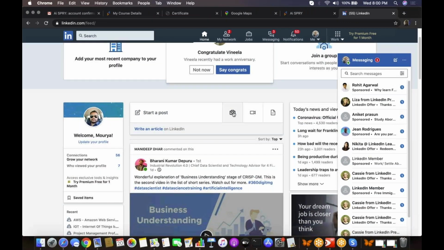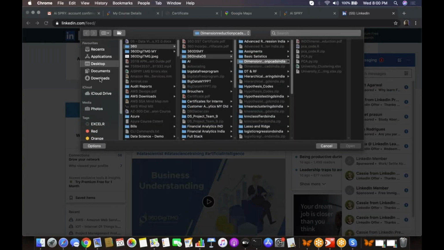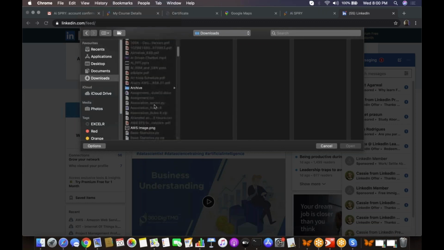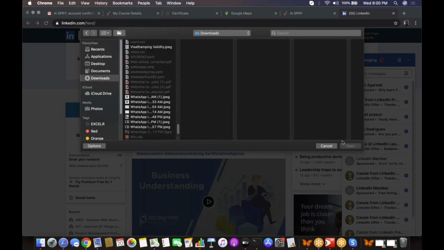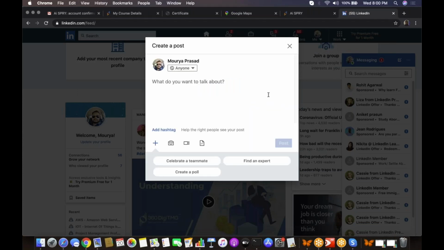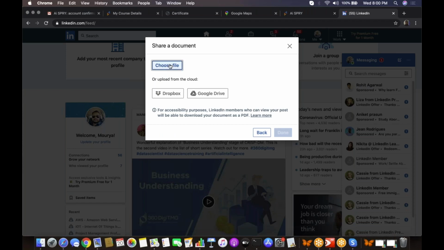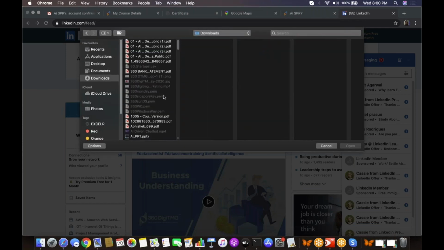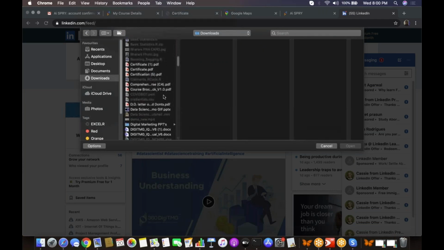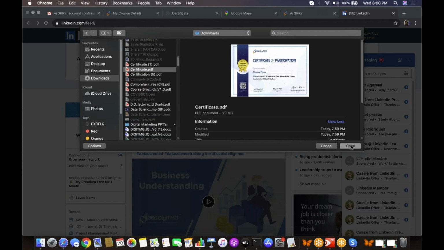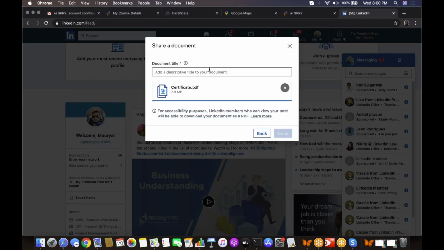Select the image or document that you want to post. Choose a file, go to downloads, and select the certificate. This is my certificate. Open it and then write your comments.